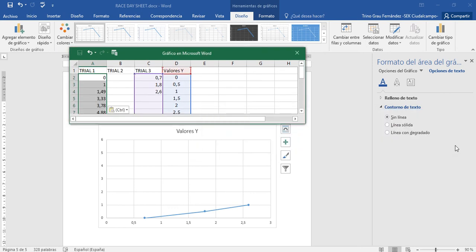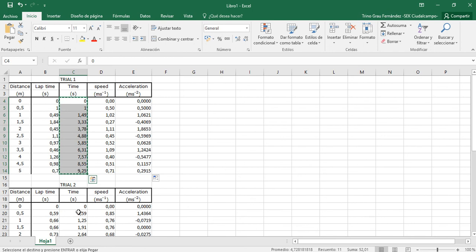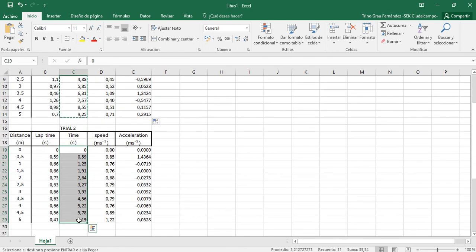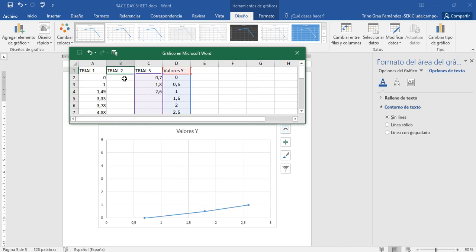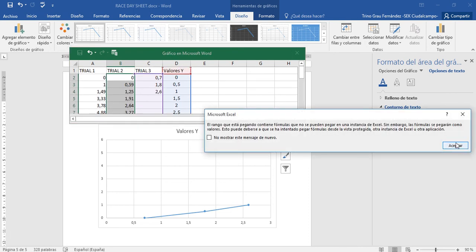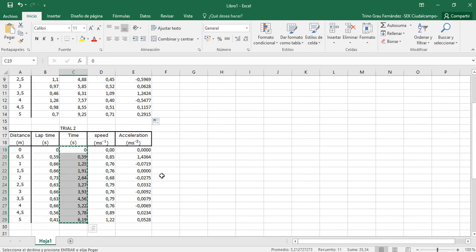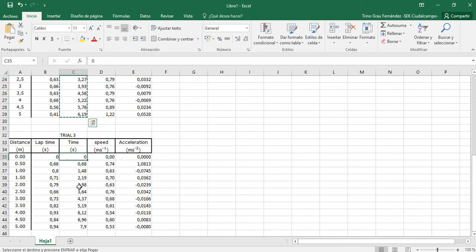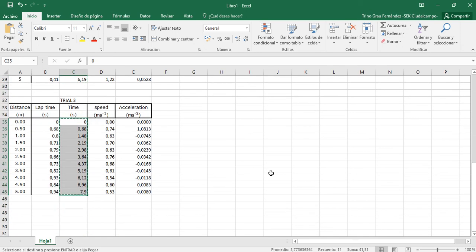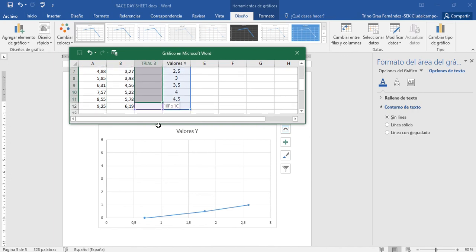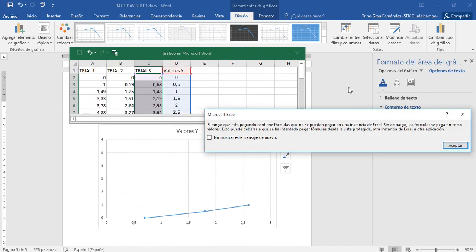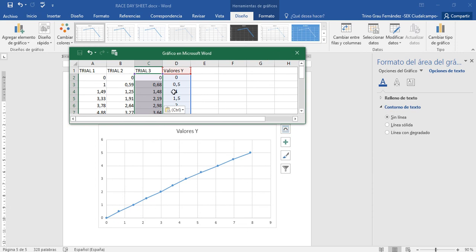For trial 2 you're going to do the same with the accumulated time, and then for trial 3 you do the same. And you will see that only one graph appears. So what you're going to do is to